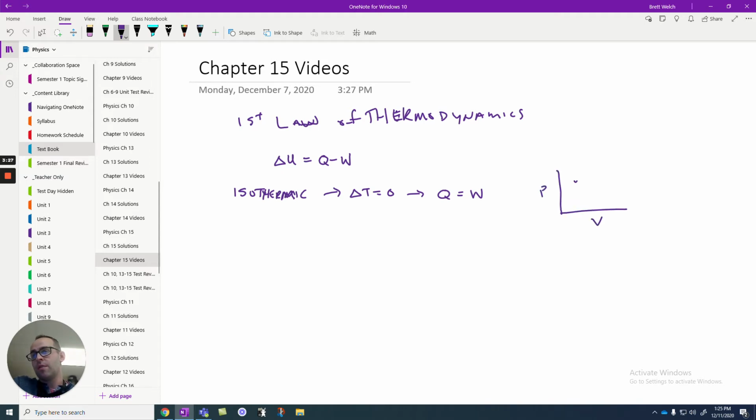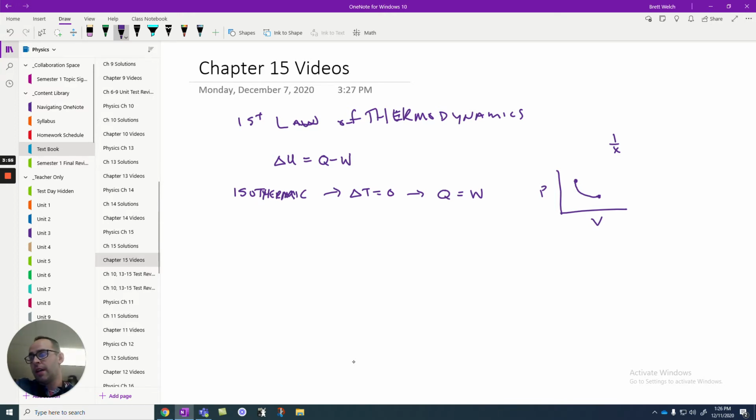An isothermic change will create a 1 over x curve. If you think about the graph 1 over x, that's how it's changed. It's an inverse variation, but that would be the change, whether I'm going to high pressure if I go left, or I go to low pressure as I go to the right, it's going to follow this curve somehow. This would be an isothermic curve.